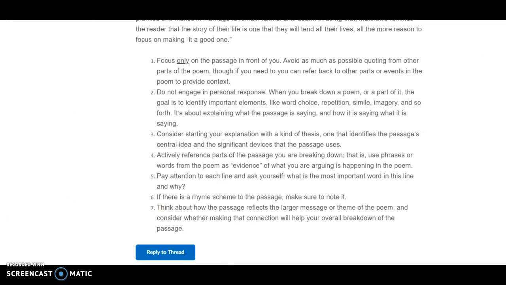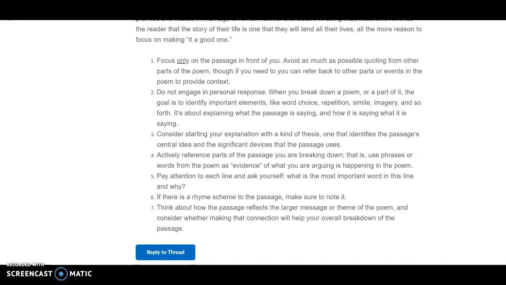Okay, so now we're over in the discussion boards. Specifically, we're in the discussion board close reading practice number 1. I emailed you earlier this week to let you know that I had made a post here in this discussion board based on the things that I was seeing in the very first close reading practice discussion posts. And based on what I saw, I put together basically two things.